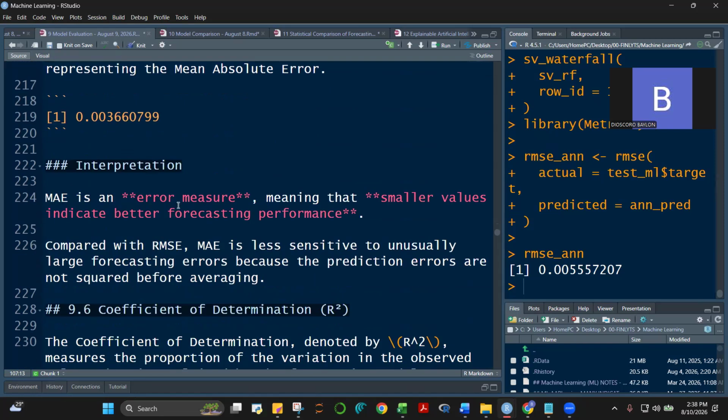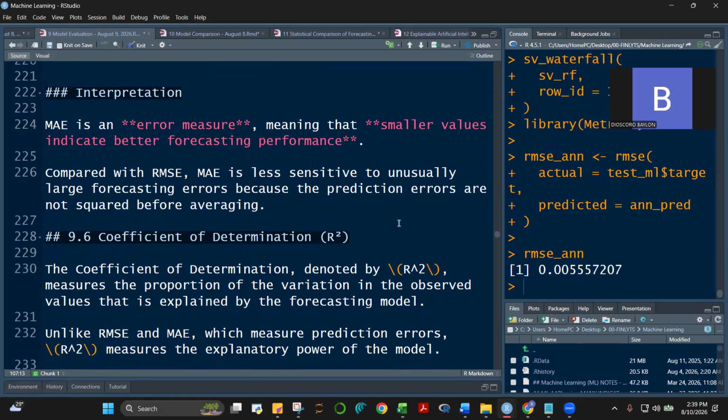Last time we said that MAE is an error measure, and smaller values indicate better forecasting performance. Now, if you compare this with your RMSE, MAE is less sensitive to large forecasting errors.